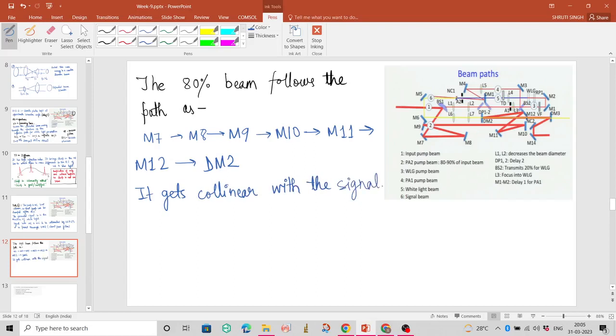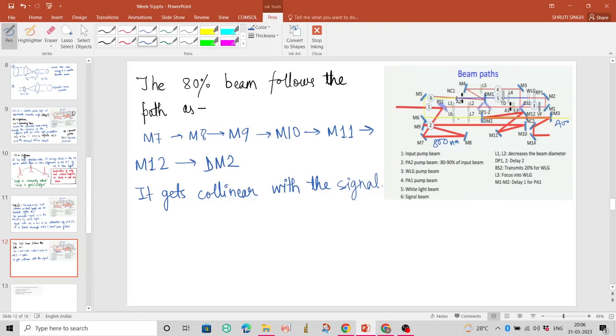So after now this dichroic mirror, it's a short pass. Suppose we have 800 nm pump and the signal is, suppose, 400. Then it won't allow the pump to pass because it's a short pass dichroic mirror. It will allow smaller wavelengths to pass. So our pump gets reflected, and once it is reflected it becomes collinear with our signal which was generated at